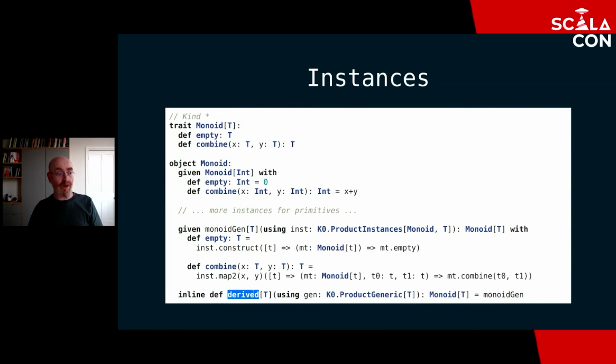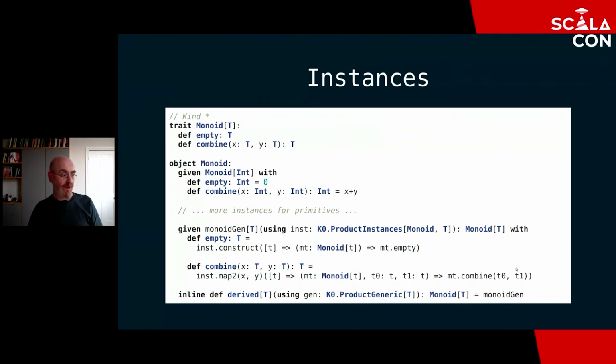This is going to be called by the compiler when a type declares that it derives monoid, and we're simply going to call this monoid gen method, which will produce our instance, which makes use of the instances here, calling construct and calling map2 with the body of the method filled out as appropriate for the